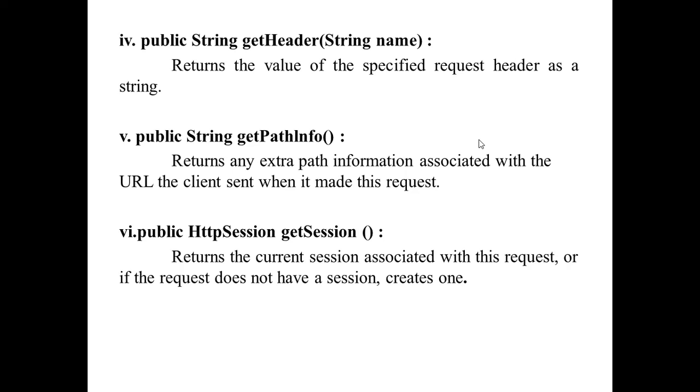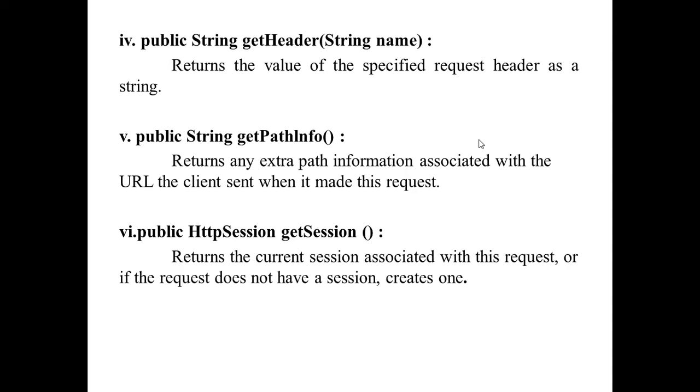Sixth method is public HttpSession getSession. It returns the current session. So the getSession method is used to return the current session. Also, the getSession method returns the current session associated with the request, or if the request does not have any session, it creates one. These are the 6 methods of the